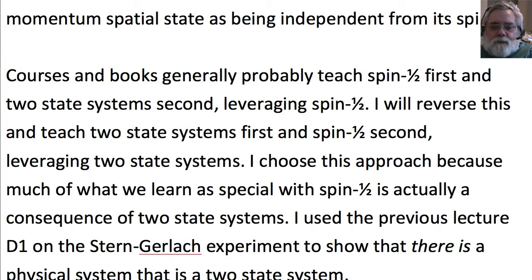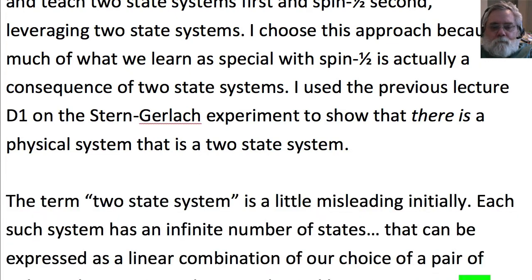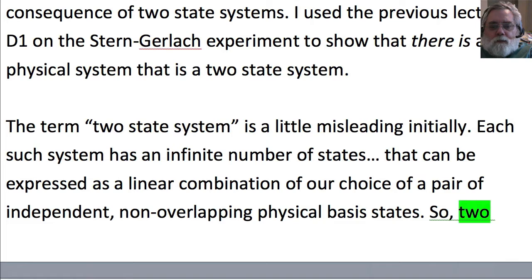I used the previous lecture D1 on the Stern-Gerlach experiment to show that there is a physical system that is a two-state quantum mechanical system. The term two-state system is a little misleading initially. Each such system has an infinite number of states, not two,